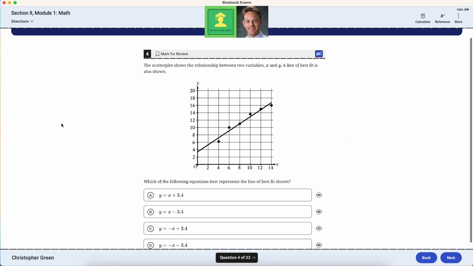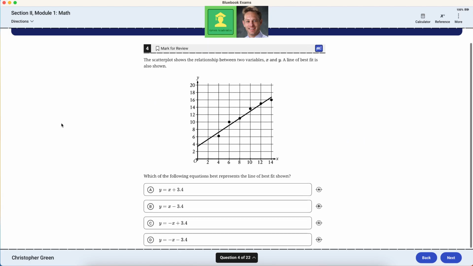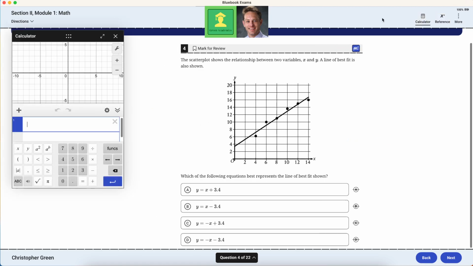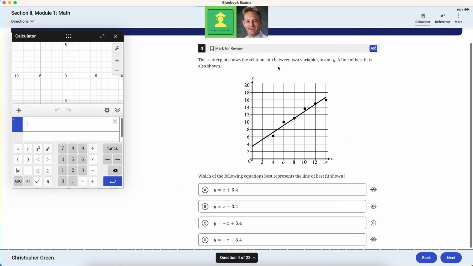A scatterplot shows the relationship between two variables x and y. A line of best fit is shown. Which of the following equations best represents the line of best fit? Now I know that people could do this by finding a couple of grid components through which it goes. You could also use Desmos to your advantage right here. So for example, if I say that it looks like it goes through approximately, very approximately, 14, 16,